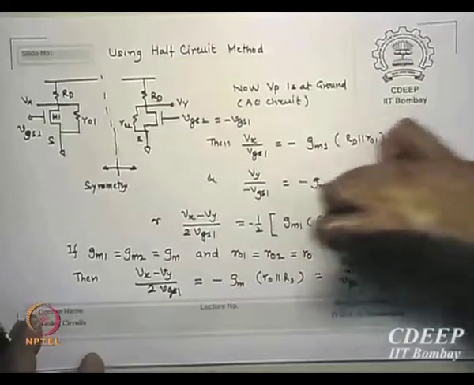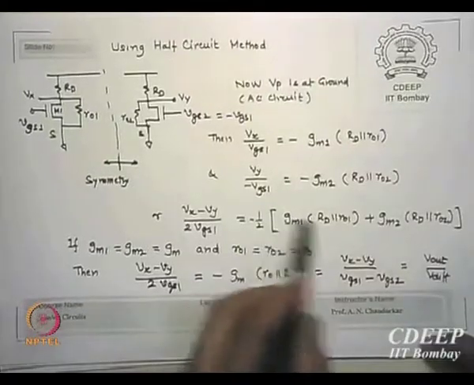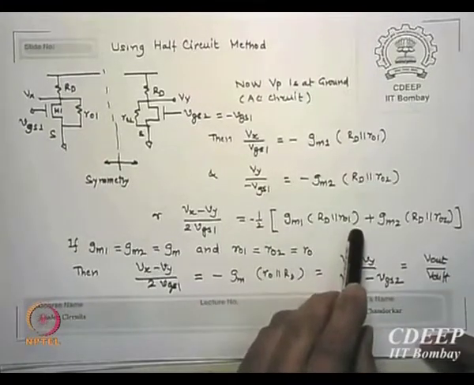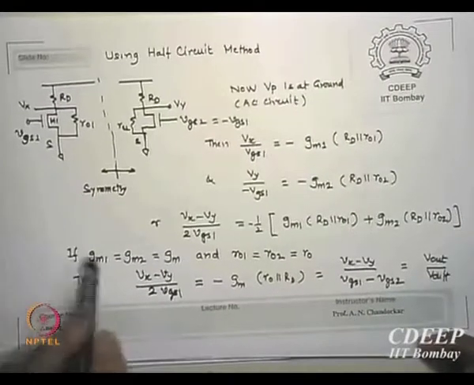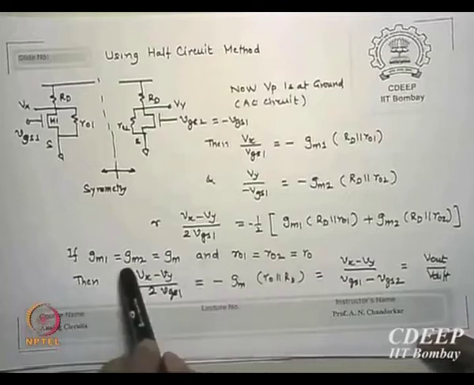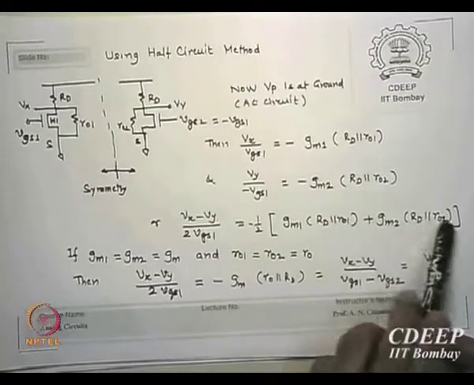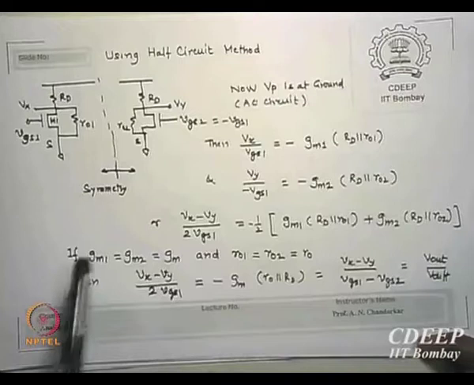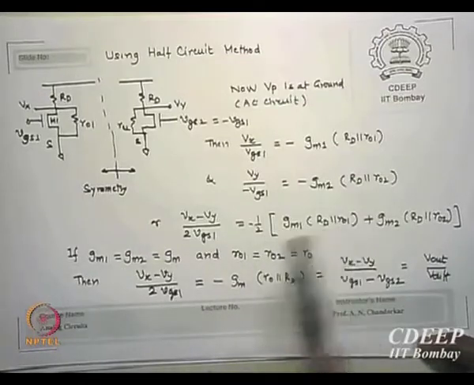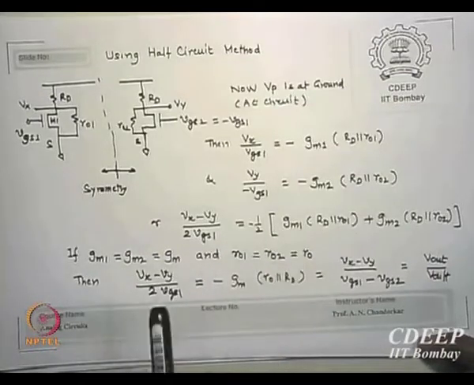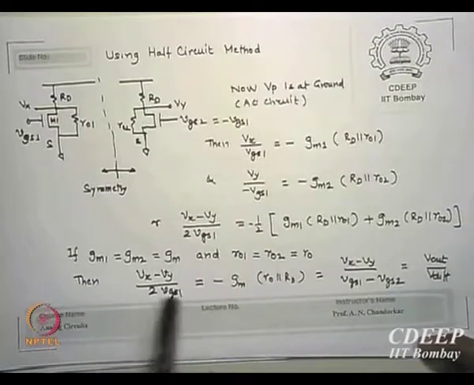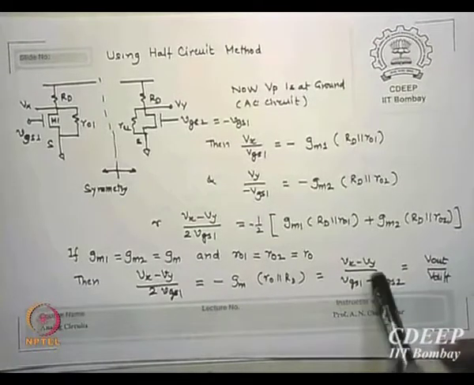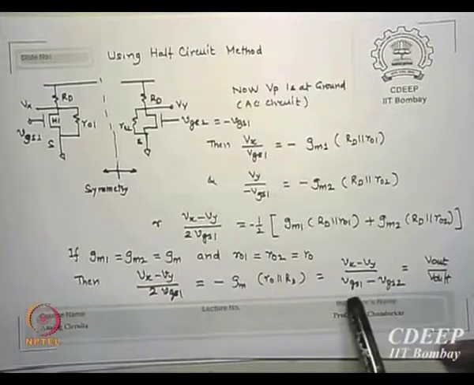The 2 is going to come, if they are equal then that 2 will appear, 2 GM RO RD RO will appear, so 2 I want to cancel from there, okay, just that trick. So I get, if I say GM1 is equal to GM2 is equal to GM, RO1 equal to RO2 and RDs are same, then this becomes 2 GM RD parallel RO, 2 cancels, so minus GM RO parallel RD, which is Vx minus Vy upon 2 VGS1,